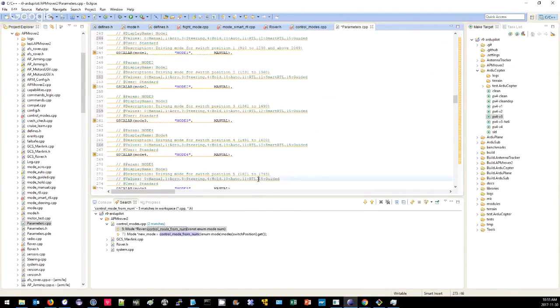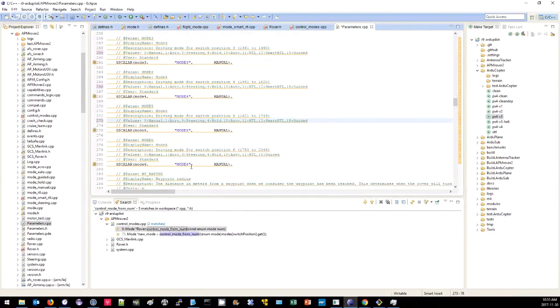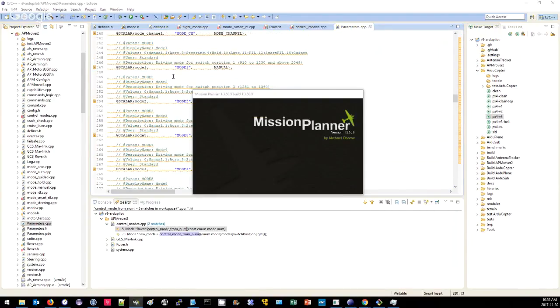Okay, so then we add this SmartRTL into the mode parameter descriptions. So once this whole big change gets pushed into master, then the various ground stations will be able to parse these parameter descriptions, and they will become aware that there's this new mode there. So until this is committed to master, when you open up your ground stations, you won't see the flight mode in your list of available flight modes, but you can still actually go into the parameters list and modify